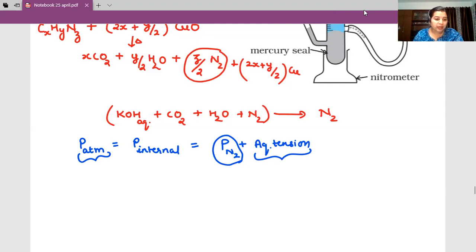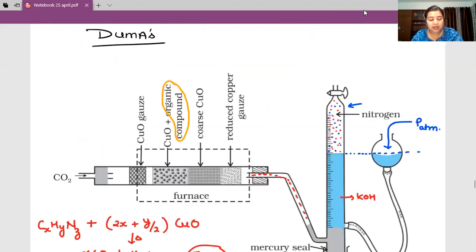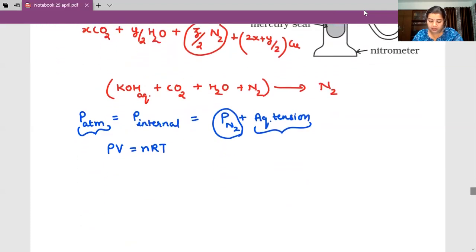Once you come to know the partial pressure of nitrogen, then use PV equals nRT. Don't you know the volume? Oh, certainly you do. It is a graduated cylinder. It has a marking, so you know the volume. So by using that pressure of nitrogen and that volume of nitrogen, keeping n as unknown, R is a constant, and temperature you are aware of because you are doing the experiment. You can take a thermometer and take the atmospheric temperature under which we are performing the experiment. Thus finding the number of moles of nitrogen.